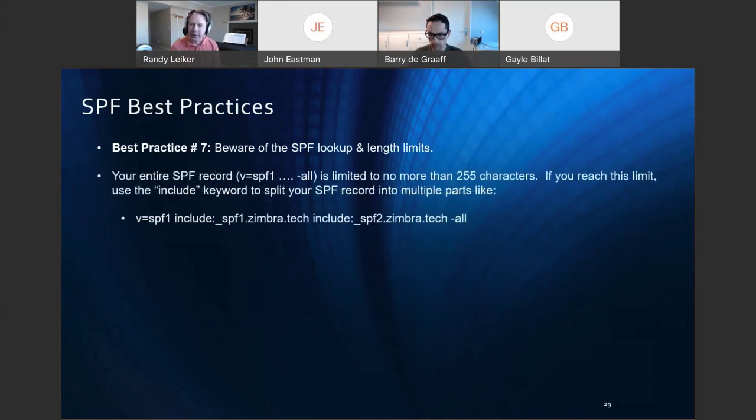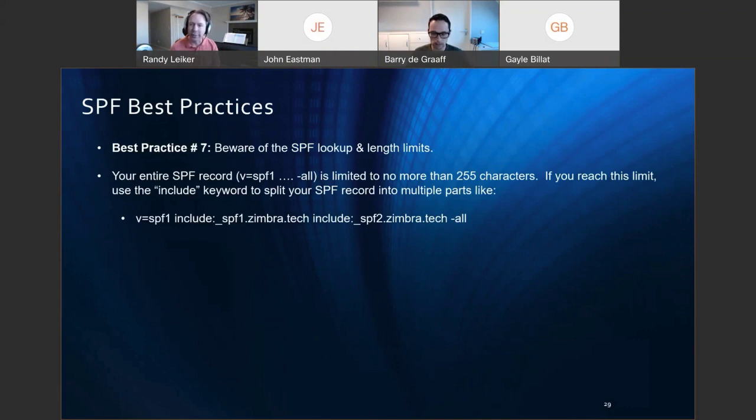And finally, beware that the entire SPF record from beginning to end cannot exceed 255 characters in length. So if you are using all IP addresses in your SPF record, the same limit applies: it cannot exceed 255 characters. If you exceed this limit, your SPF record will likely be ignored by email recipients. This is less common of an issue, but if you should encounter it, a way to deal with it is